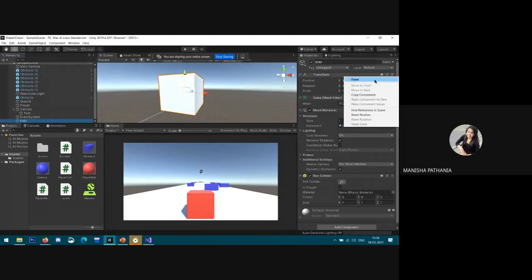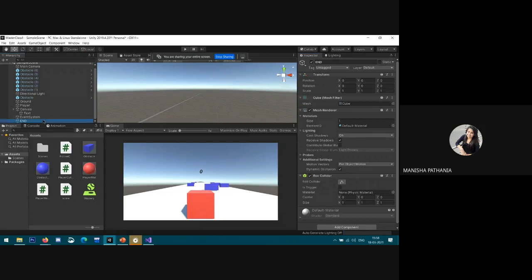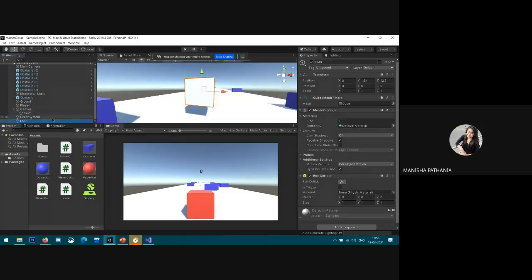Reset its position first. Yeah, perfect. So from where I need to end the game.